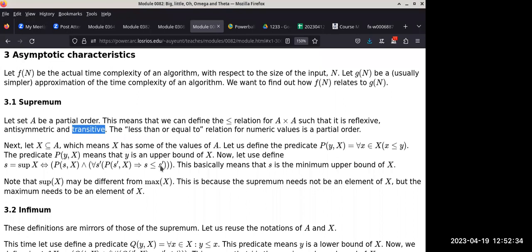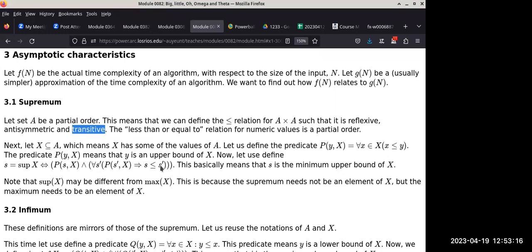So together, what does that mean? S itself is an upper bound. S is an upper bound, so is S prime. By the time we get to the implication, S prime is bigger than, it says S has to be less than or equal to S prime. Yes, that is correct. So we are looking at the smallest upper bound with respect to X. That's all it's saying. Are we good? Okay, so far, we're looking at the smallest upper bound with respect to X.